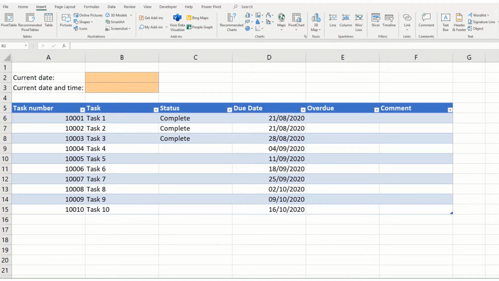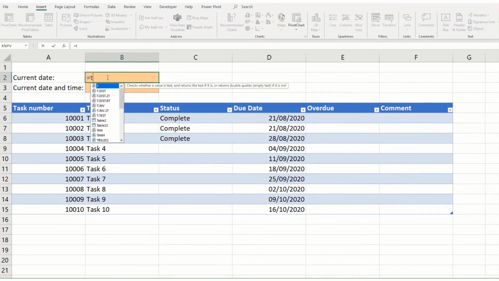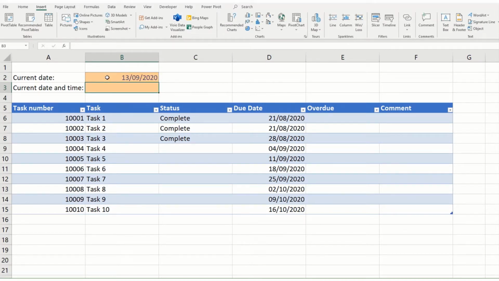In today's video, we are going to take a short look at the TODAY and the NOW function. Now the TODAY function is a function that returns the current date, and this will be updated automatically every time you open your worksheet. TODAY is a really simple formula that doesn't actually need any arguments in it. So what you do is you type equals TODAY, open your brackets, and simply hit enter, and it will return